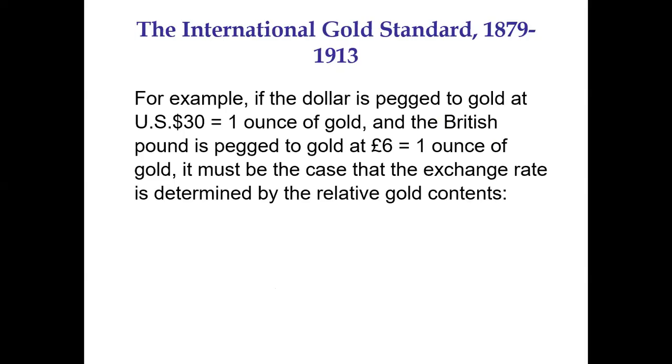if $30 is equal to 1 ounce of gold, or if £6 is equal to 1 ounce of gold, then if I'm issuing $30, I need to maintain 1 ounce of gold. In a clearer picture, if I'm issuing 100 rupees, and the value of 100 rupees equals 1 kg of gold, then for every 100 rupees, I need to deposit 1 kg of gold. I simply cannot ignore the price, and the exact gold needs to be maintained.